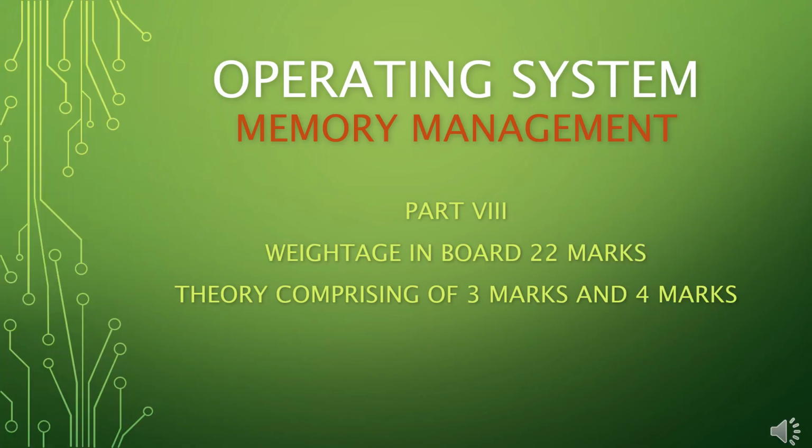As we have learned in our first lecture, the operating system divides its services into three main sections: information management, process management, and memory management. We have already learned in detail about information and process management. Today, we'll focus on one of the main perspectives of the operating system, that is memory management.